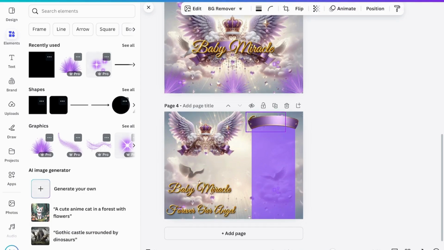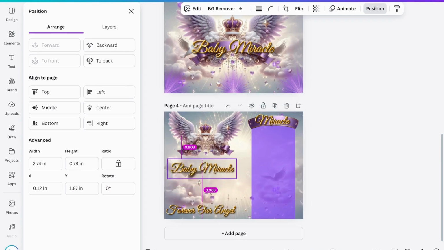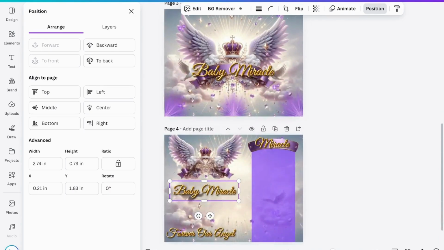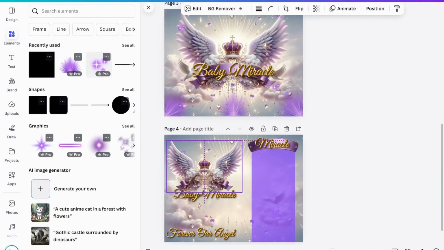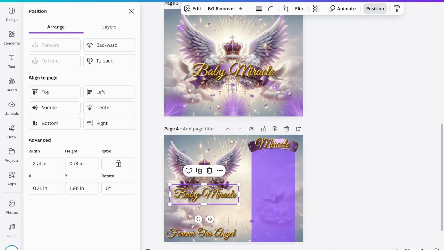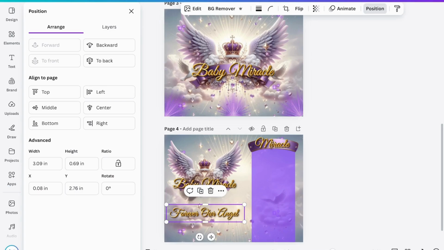And this is why I like having everything already kind of pre-done. So all you're really doing now is moving it. So I simply just move Miracle over the name, and then I move that to the front. And then we're going to have our baby Miracle with our wings. I'm going to move it to the front. Put it with our wings, our forever and our,